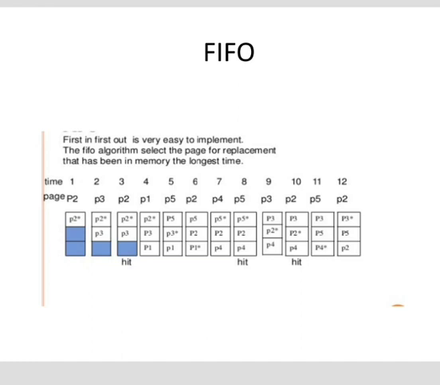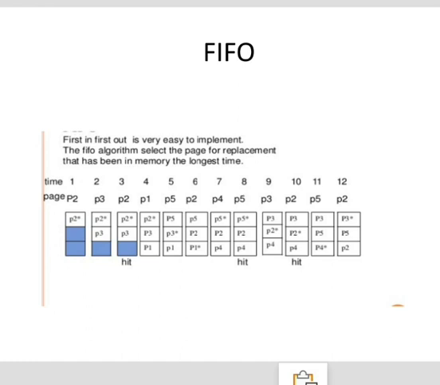Then number of page frames is one more term. Each process is allocated a certain number of page frames. If the number of allotted frames increases, the number of page faults decreases. The number of page faults depends on the reference string and the page replacement algorithm. And the third one, number of available page frames. Now hit ratio means the percentage of the times that the page numbers are found in the memory. So the first algorithm is the first in first out page replacement algorithm.